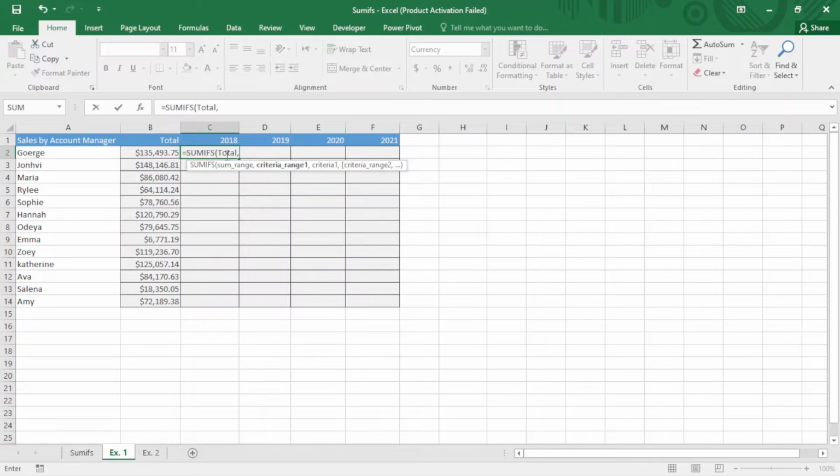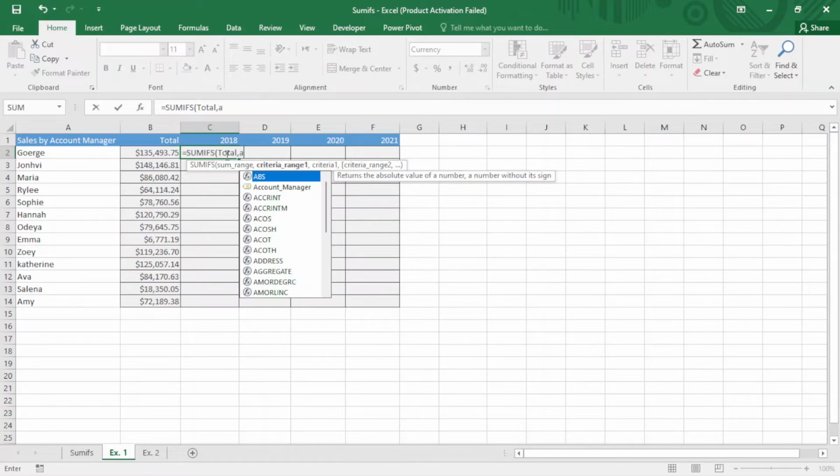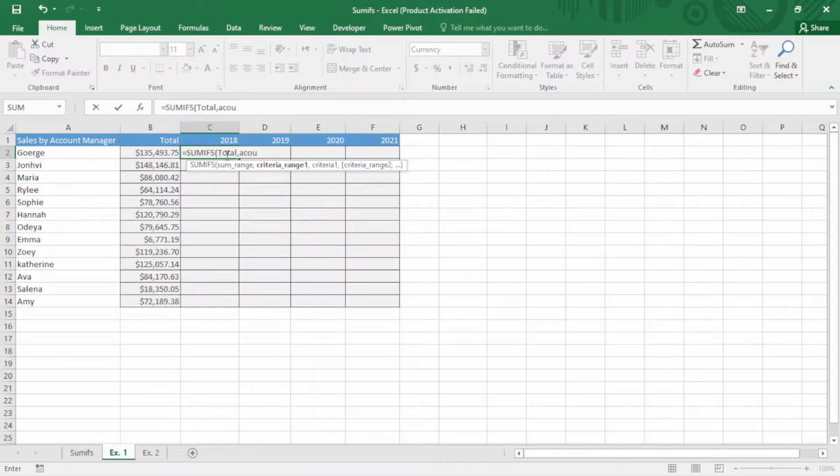So we are going to use account manager first. Account manager, comma. When I select George, I have to lock the column, so it should not move. I press F4 3 times,